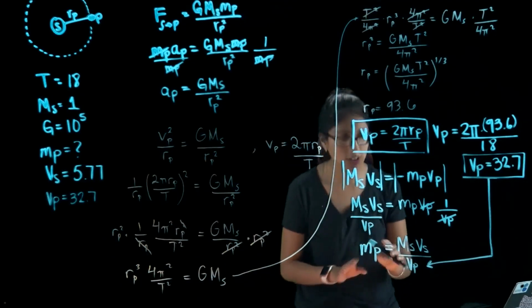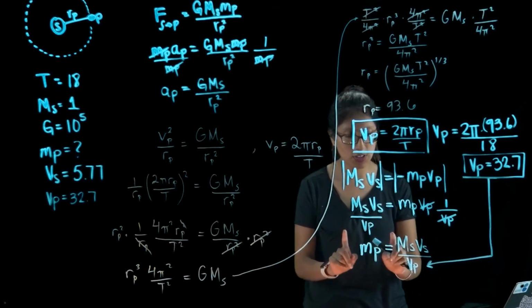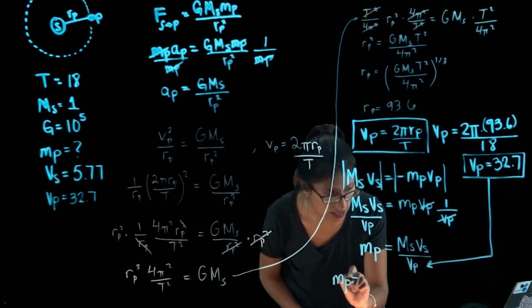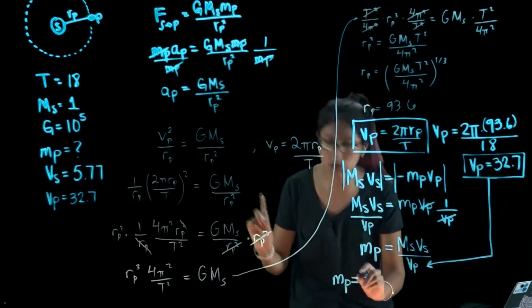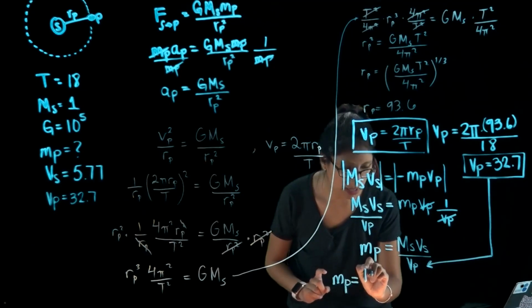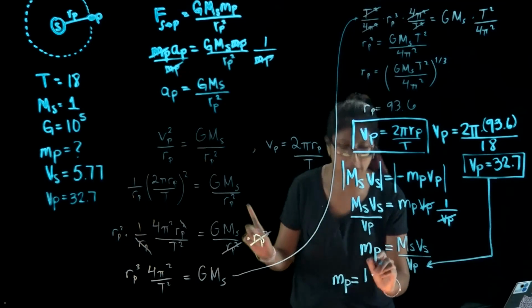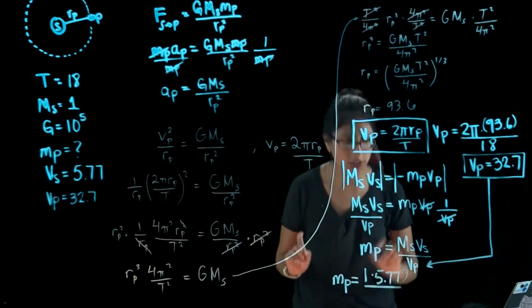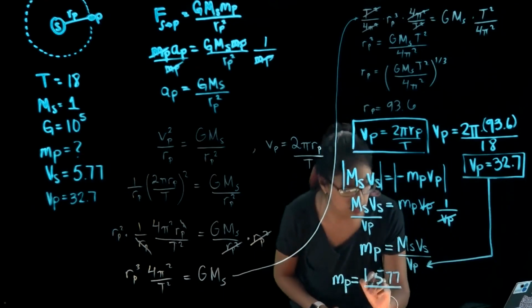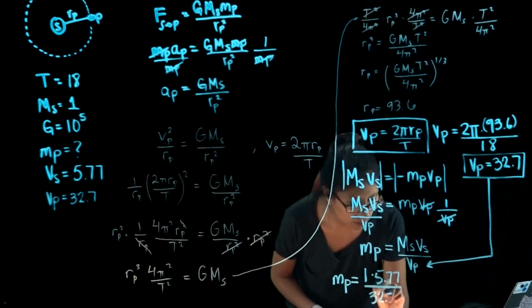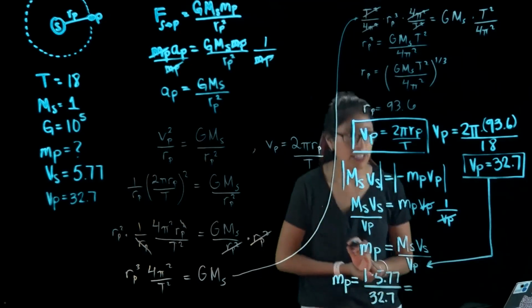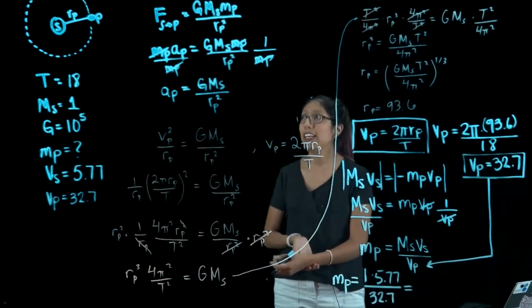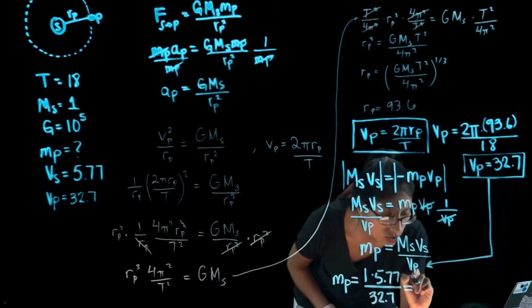Okay, now let's write out all the values to find the mass of the planet. The mass of the planet is going to equal mass of the sun, which is 1, times the velocity of the sun of 5.77, divided by the velocity of the planet, which we figured out is 32.7. And if we put this into our calculator, we will see that the mass of the planet is going to equal